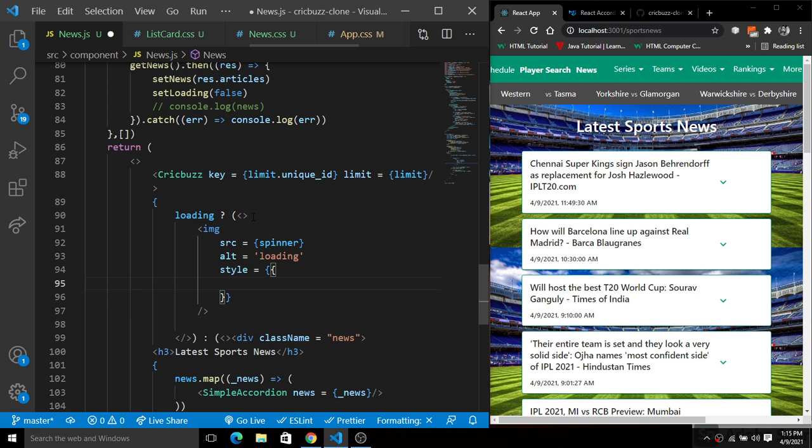Let's give the position absolute, and let me put the width to 260, and the height to 300,